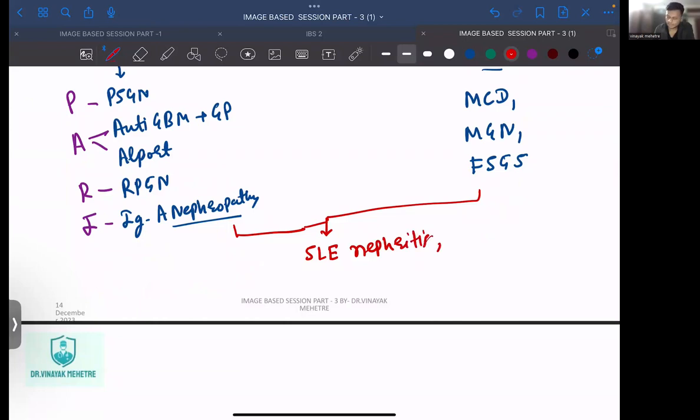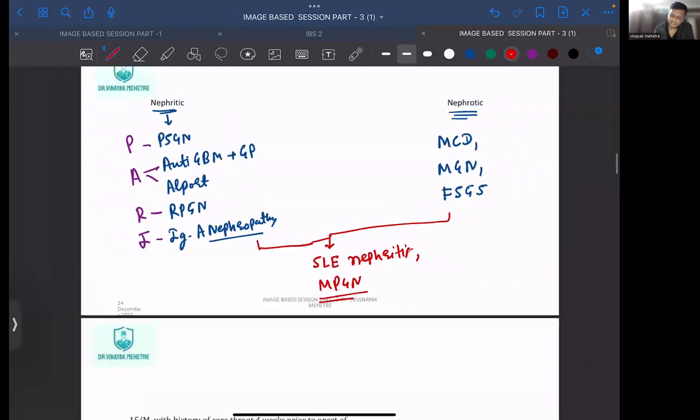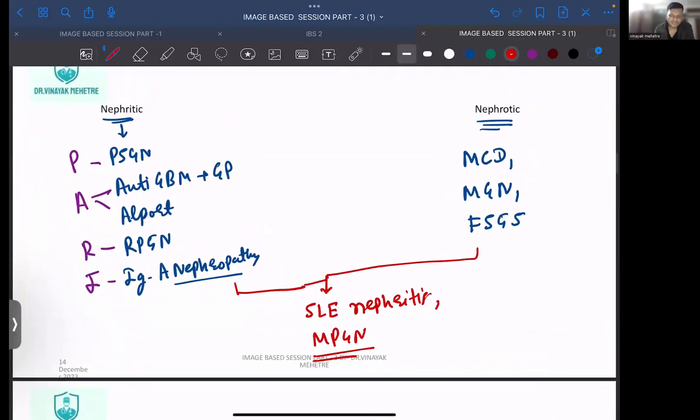And MPGN. Okay, they can cause both. This is the classification that you should know. At least remember the mnemonic